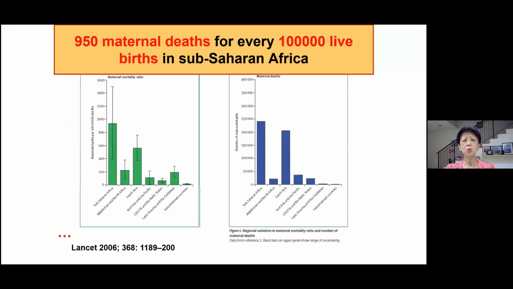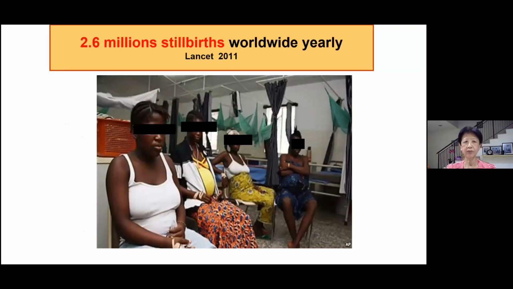Now, every year around the world, there are many maternal deaths in similar circumstances, and most of these deaths are due to the fact that these mothers have arrived very late, or worse, they have arrived into hospitals where proper definitive care has not been made available to them. Equally, there are 2.6 million stillbirths worldwide as well. In fact, these poor fetuses or unborn babies have actually been even robbed of a life on Earth. That means they've never experienced what it is like to be alive on this planet